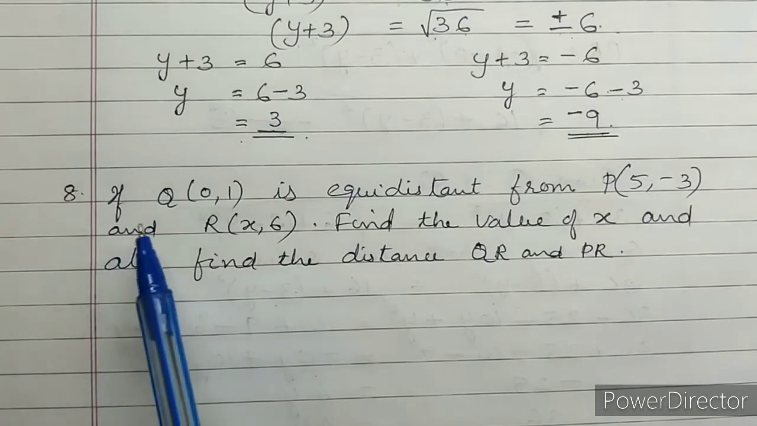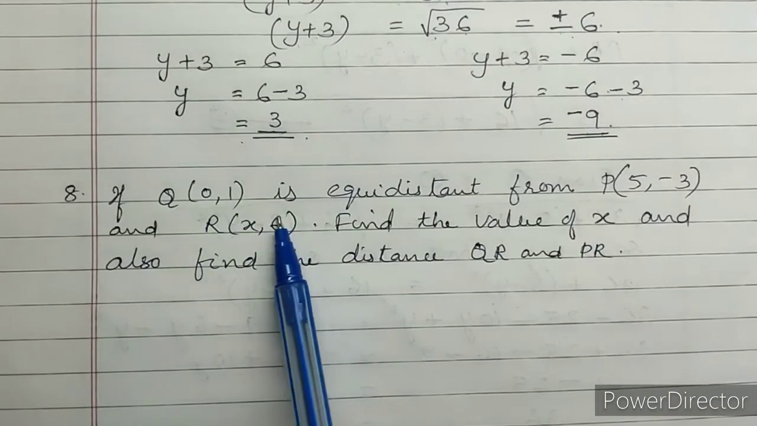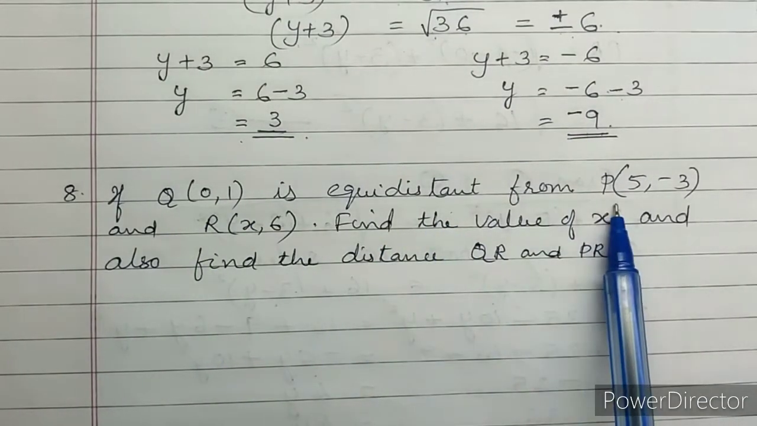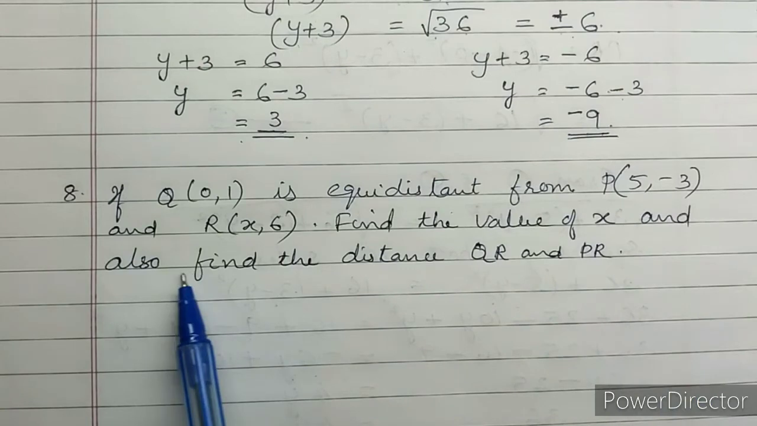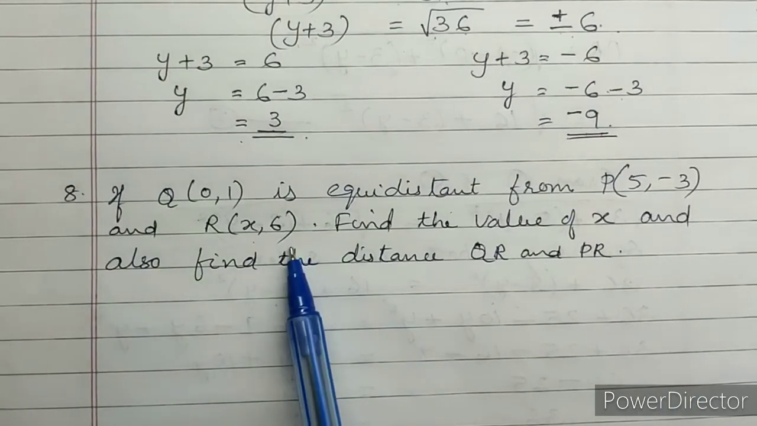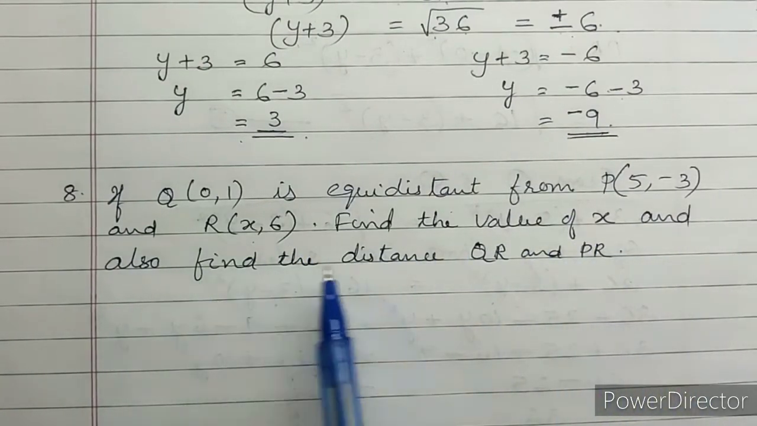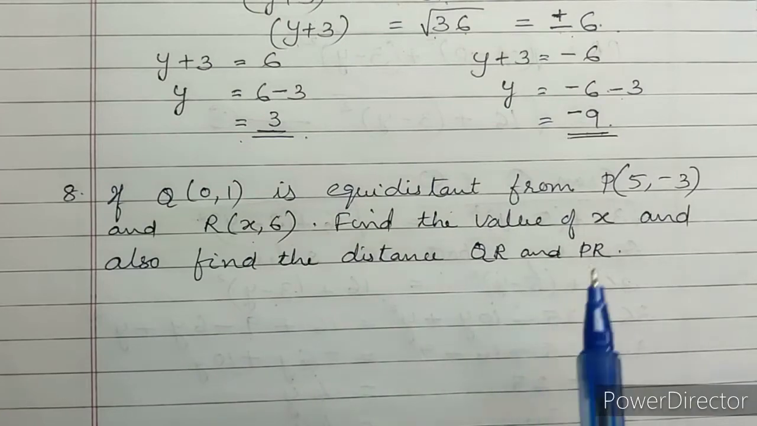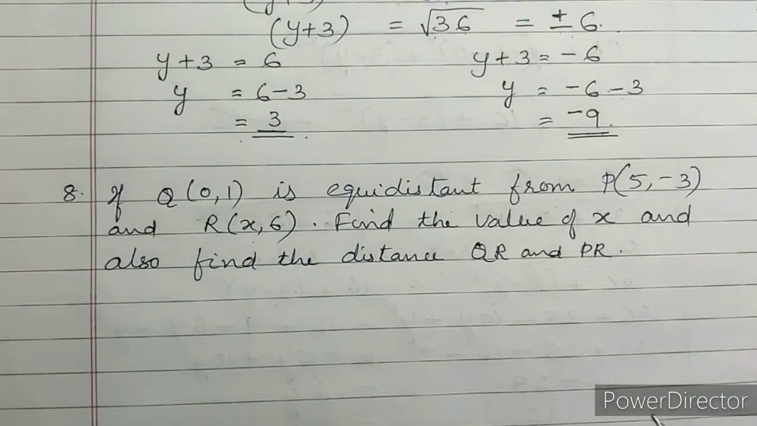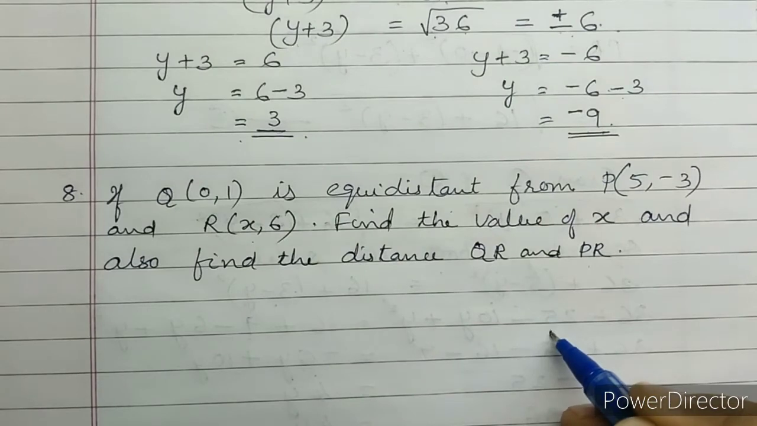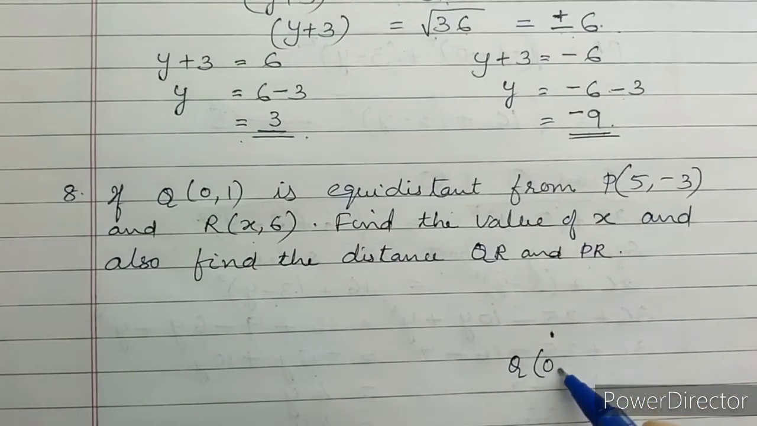Next sum: if Q(0,1) is equidistant from P(5,-3) and R(x,6), find the value of x and also find the distance QR and PR. So what you have to do first, you have to draw the diagram. Q(0,1) is equidistant from P and R. So Q here, mark it (0,1),